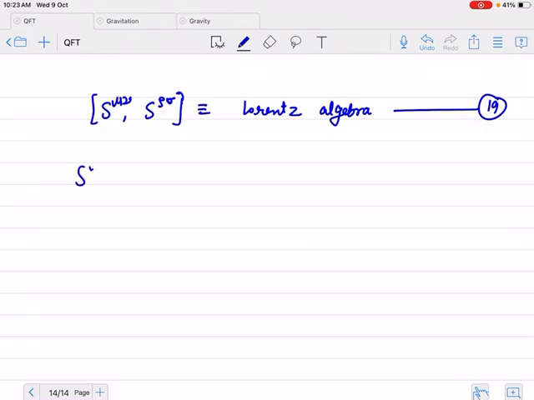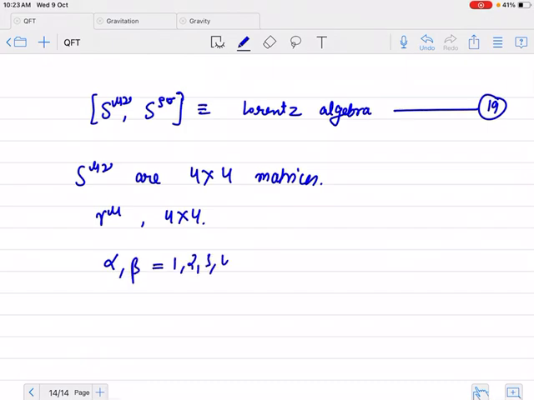So these S mu nu are 4 by 4 matrices, because gamma mu are 4 by 4 matrices. So far we have not given any index name to the rows and columns of these matrices, and we can call them alpha, beta equal to 1, 2, 3, 4. So we need a field for the matrices S mu nu